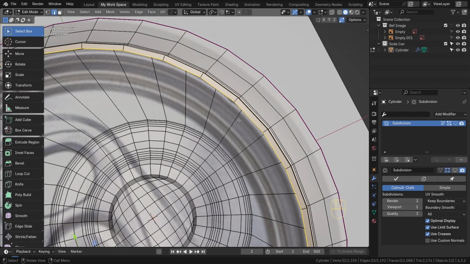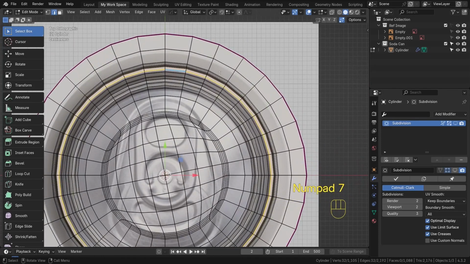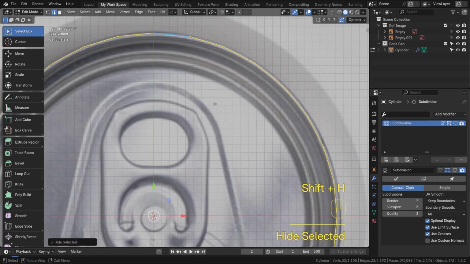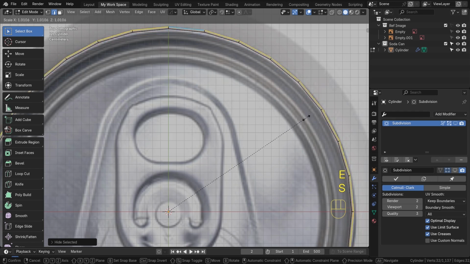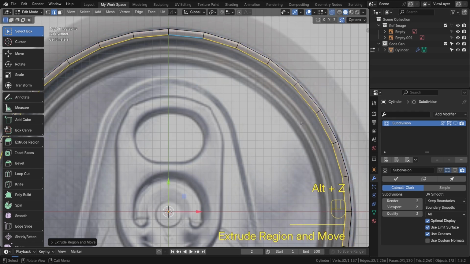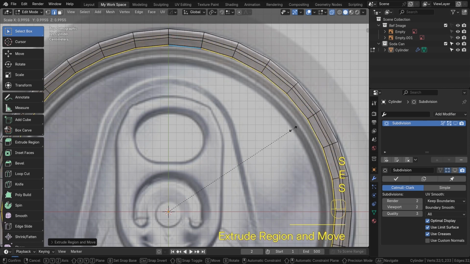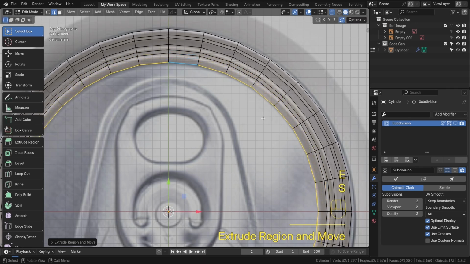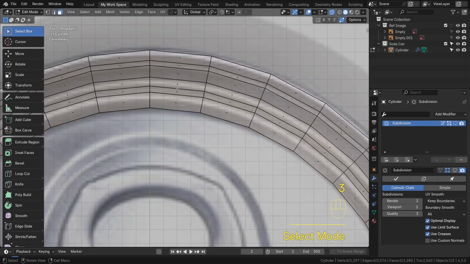So for that I have to hide this bottom part. So I'll select this edge loop and press Shift H. Okay, and now I will model this part, continuing modeling. So I'll extrude, E S, again E S, extrude scale, extrude scale, extrude scale, and extrude scale like that. So I have modeled this thing, and now I have to select these faces,